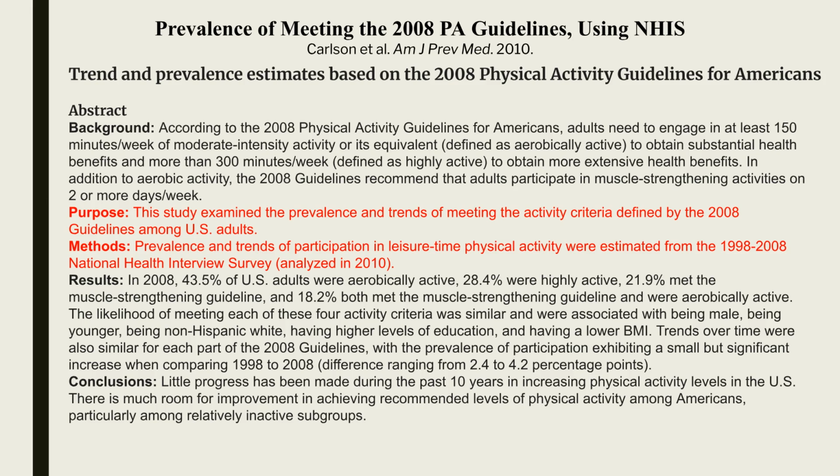You might wonder why this is still considered a cross-sectional study. The key point is that each survey cycle includes a different sample of participants. Even though the data span multiple years, the same individuals are not followed over time. Only studies that track the same participants longitudinally are considered cohort or longitudinal studies. So repeated cross-sectional surveys like NHIS allow us to examine trends over time at the population level, but not individual